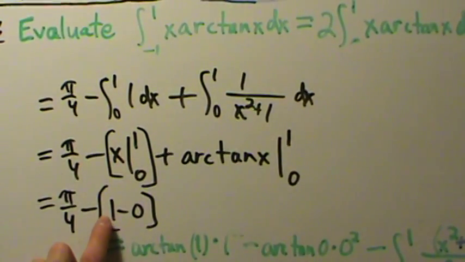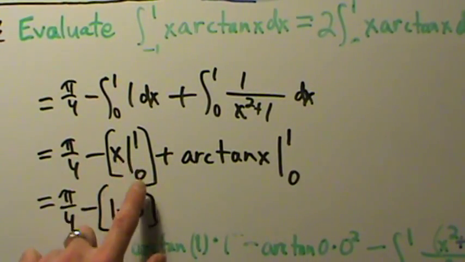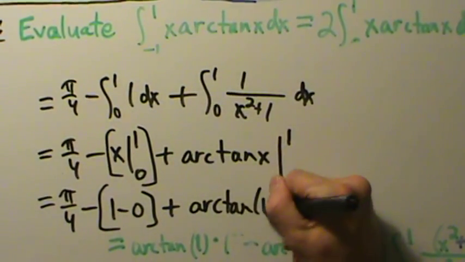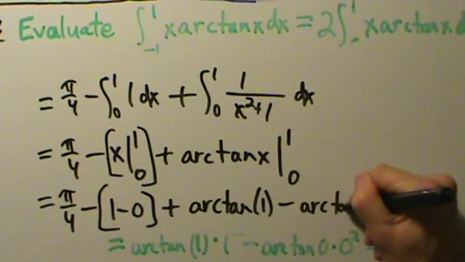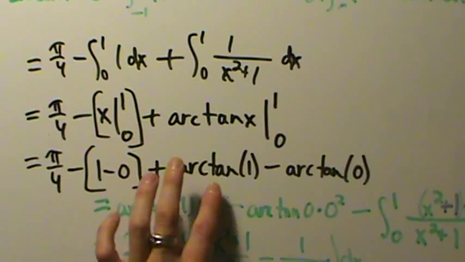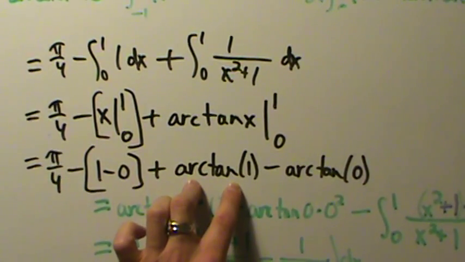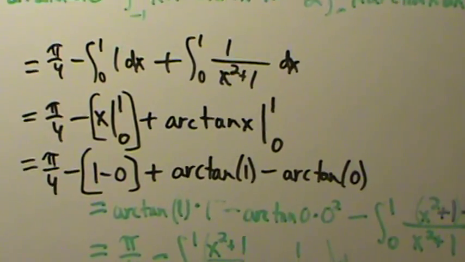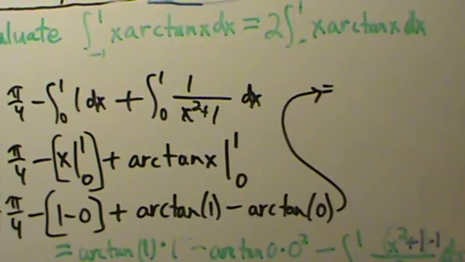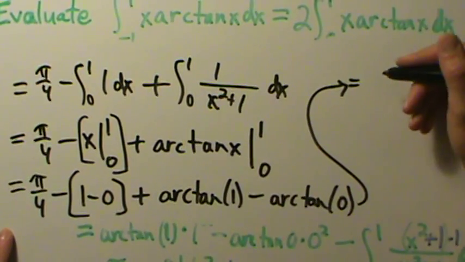Okay, evaluate at the top minus evaluate at the bottom, so top and bottom. And then plus arctan of 1 minus arctan of 0. Okay. And we've talked about this before, so arctan of 1 is pi over 4, arctan of 0 is 0. So if we come up here, we have this pi over 4 right here. So this is pi over 4